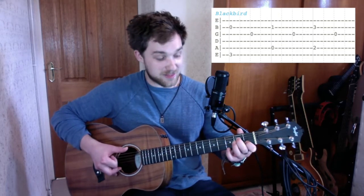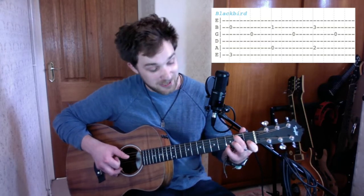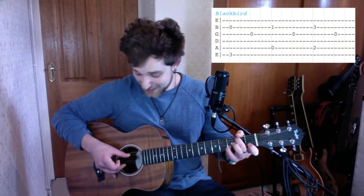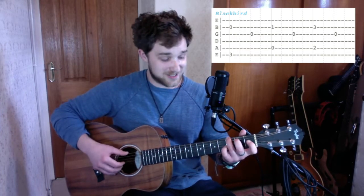Brilliant. And then in your left hand again, middle finger is going to come to the 2nd fret of the A, and your little finger is going to come to the 3rd fret of the B. So in your right hand, everything's exactly the same. Thumb's on the A string, and you're picking thumb and middle finger, followed by your index. Excellent. So that's your first fingerpicking pattern, and we'll give that a quick run through slowly to get these chord shapes into our hands. So we've got